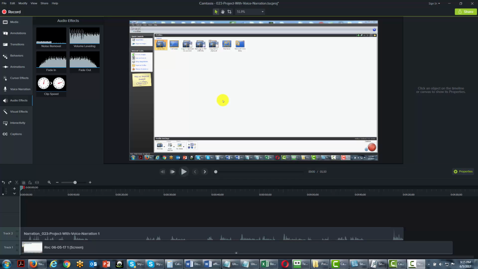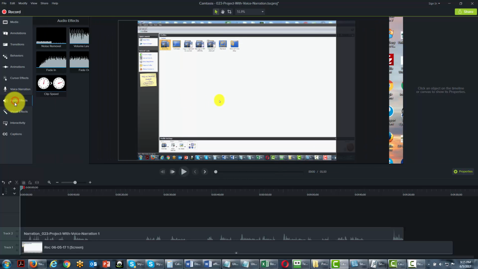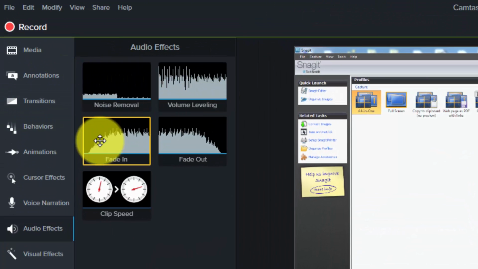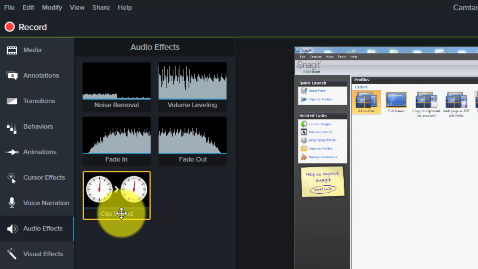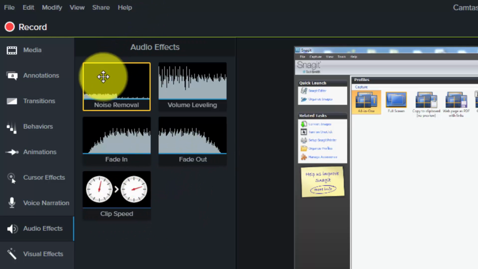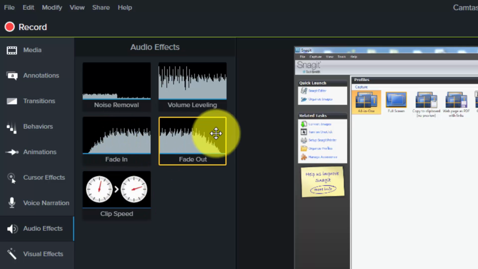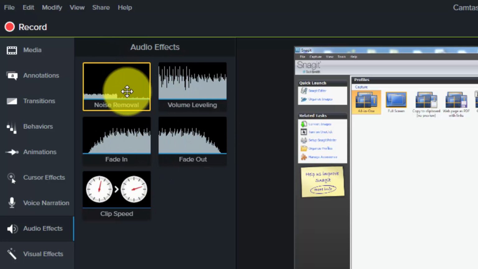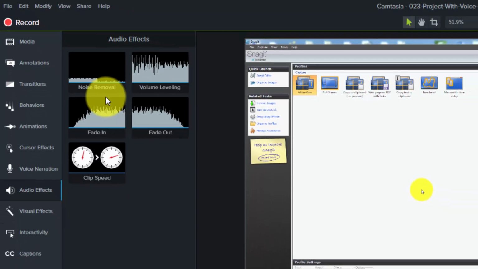Welcome back. Now in this video, we're going to be talking about the audio effects element on the left side panel. Now you'll notice when you click the audio effects element, you're going to find 5 different aspects of being able to edit your audio. Now this is only going to be relevant during the editing phase of your audio because you're going to be